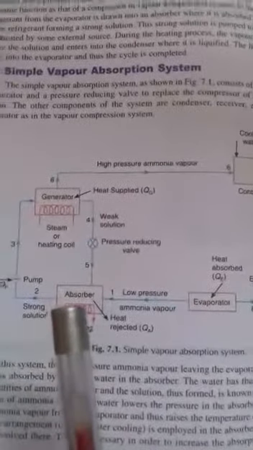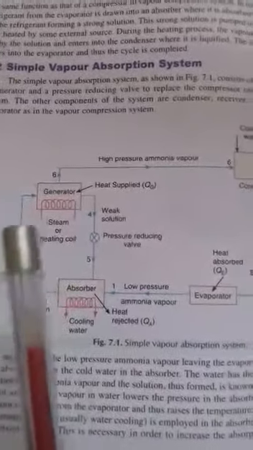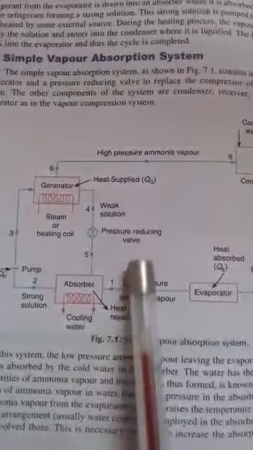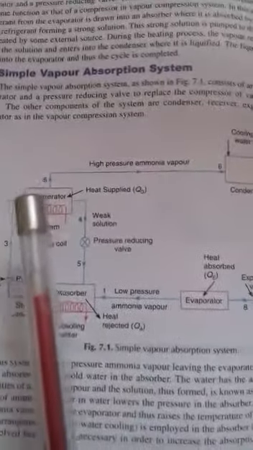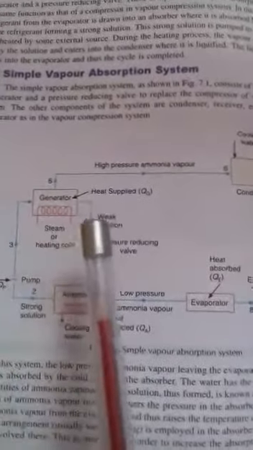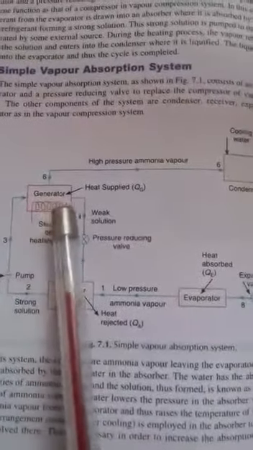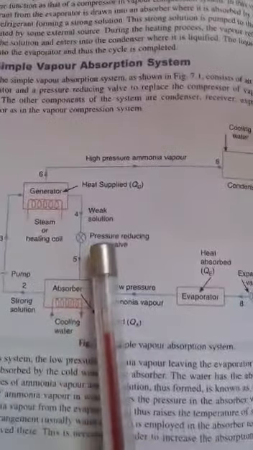This solution is being pumped to the generator. This part is a complete replacement of the compressor in the vapor compression cycle. In the vapor compression cycle we have the compressor, and here we have the generator, pressure reducing valve, absorber,